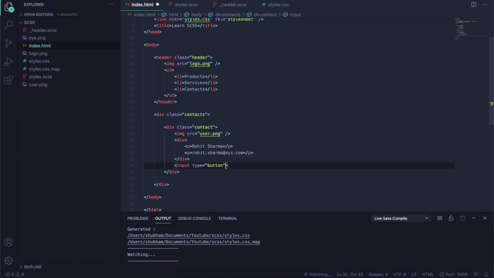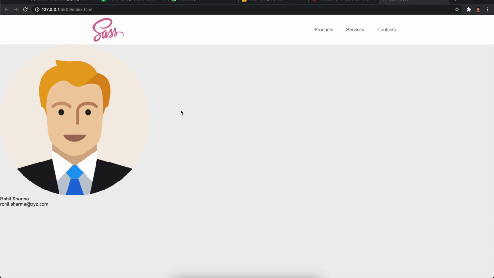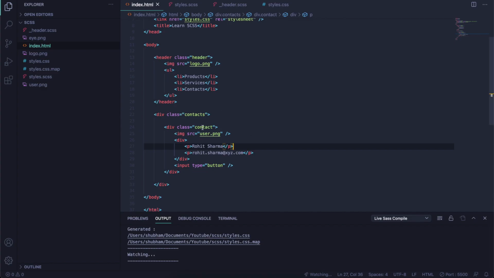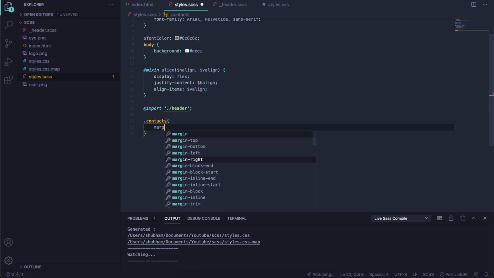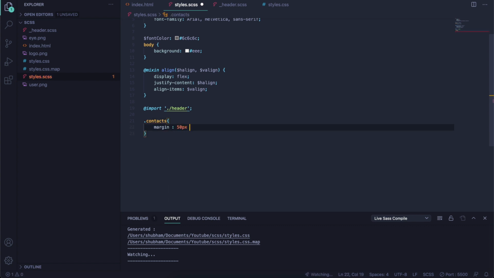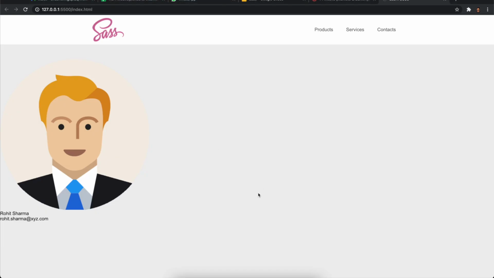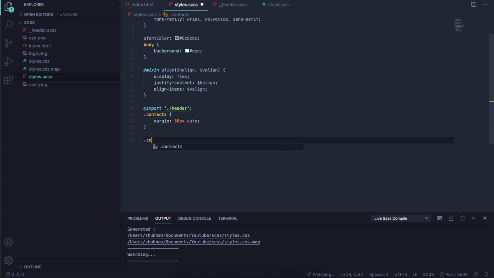Yeah, that's it. That is a button which will view the detail of this contact. Okay, so let's view this, and I'm going to code for this contact. Let's code for this contact first. So dot contacts, margin 50 pixel auto. Okay, and for that contact,